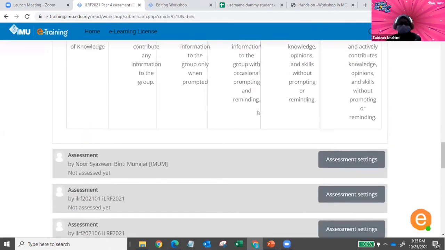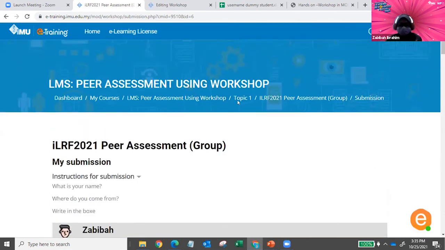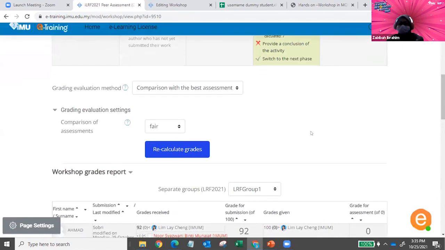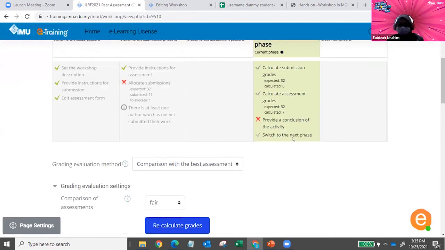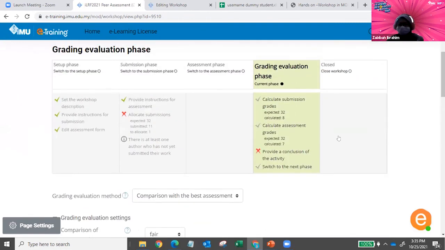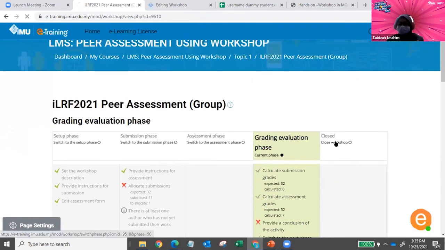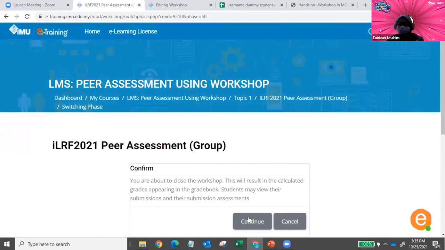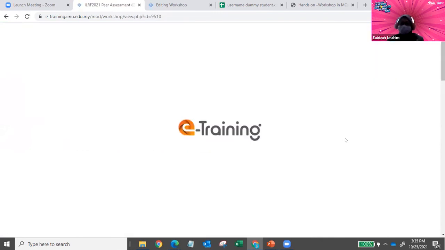That is how you can select the best submission to be published, to be shared with the other students. Once you finish, you can click on close workshop. After I click on close workshop, what will happen is the grade from the submission as well as the grade from the assessment will be pushed